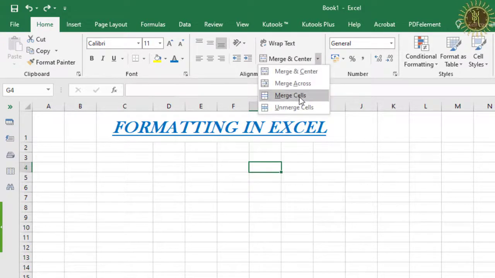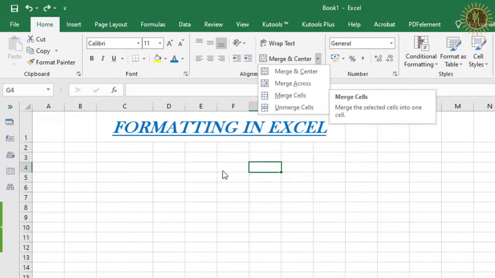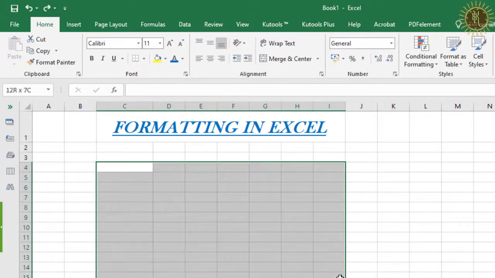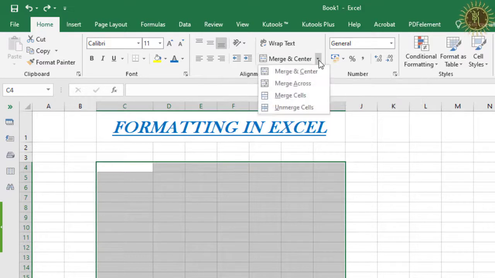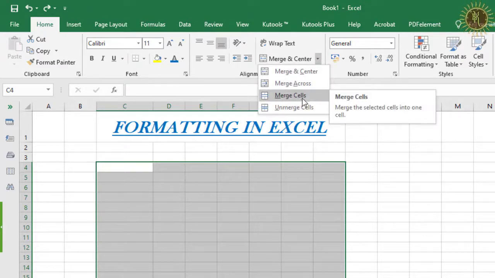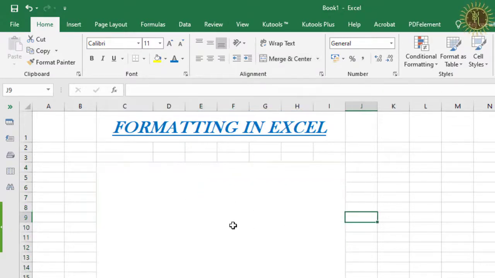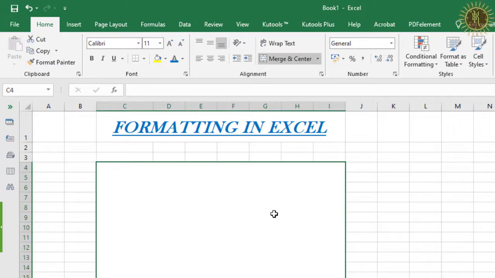Next is Merge Cells. This option merges the cells into a single cell. It is a simple merge cell option. Just select the cells you want to merge, go to the drop down and click on Merge Cells, and you can see all these cells become a single cell. So this is the simple Merge Cells option.